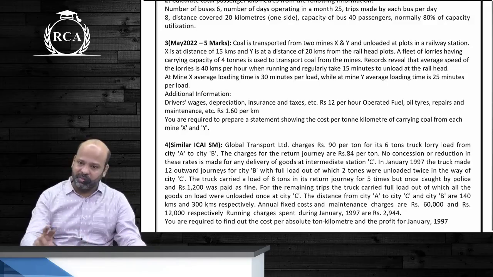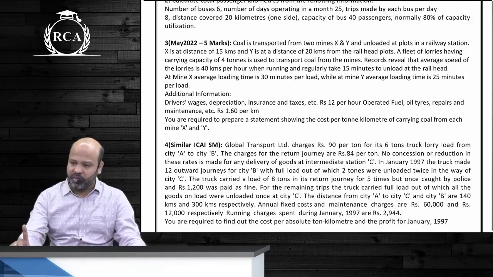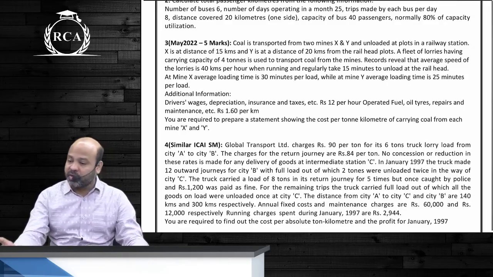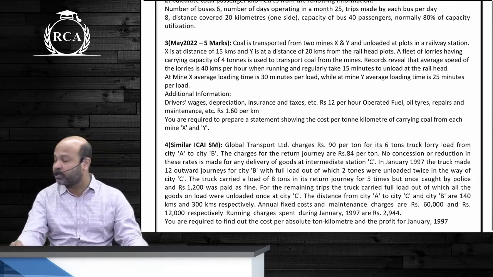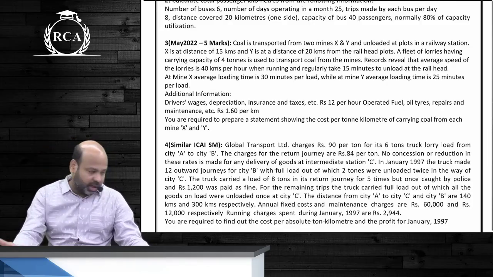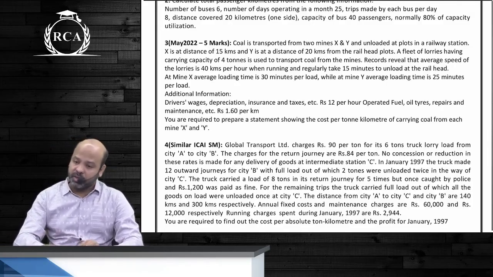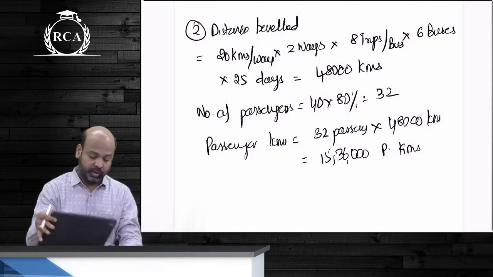So 3 variables that you need in this question. One is total distance traveled, because a part of the expenditure is based on per kilometer. One is what is the total time that will be needed per trip, because again a part of the expenditure is based on time. And finally total number of ton kilometers, because the ultimate requirement is to compute cost per ton kilometer. Are we clear, guys?